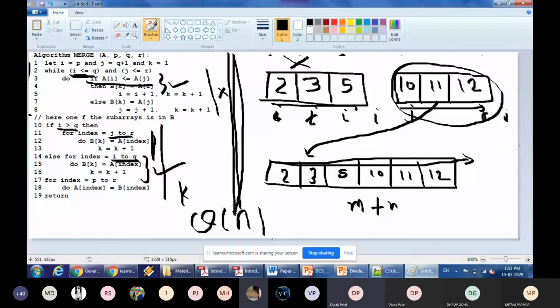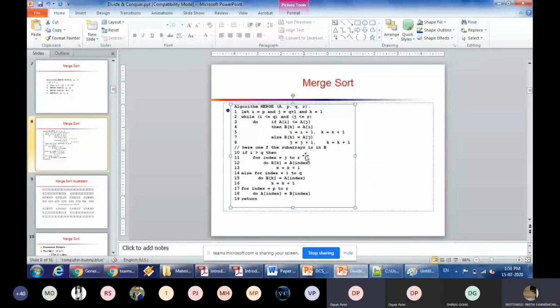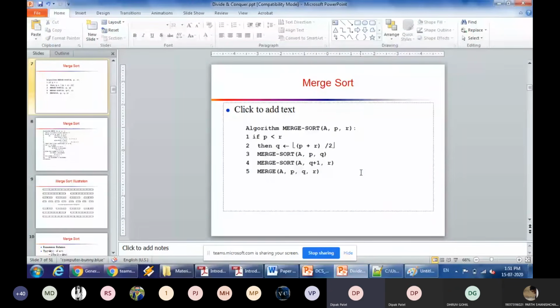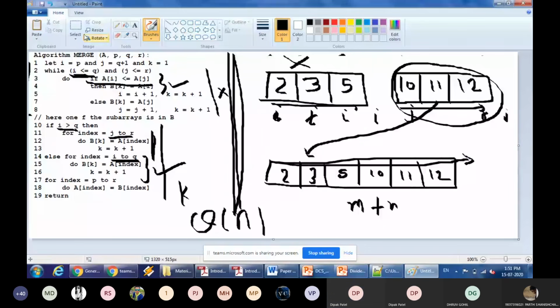Yes, sir. So that's why this merge sort is taking time of theta of n. This equation is taking time of theta of 1, and these two steps are taking time of T of n by 2, n by 2. We don't know the time complexity of this third and fourth statement. That's why, what is the time complexity of merge sort? Recurrence relation of merge sort is,